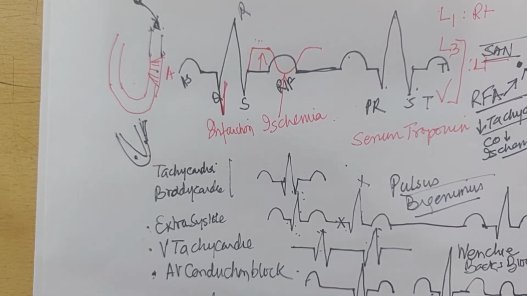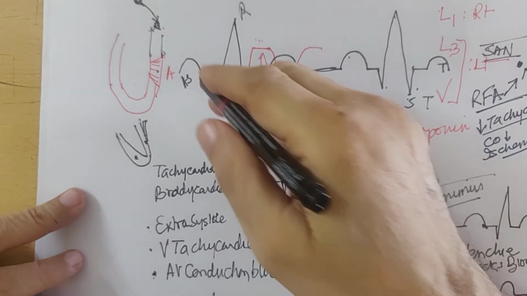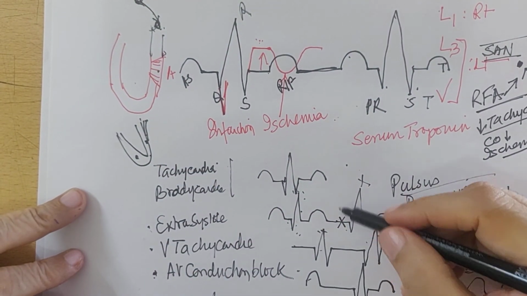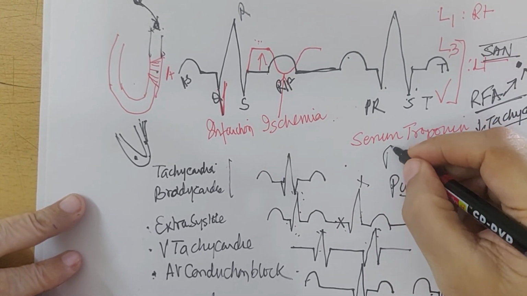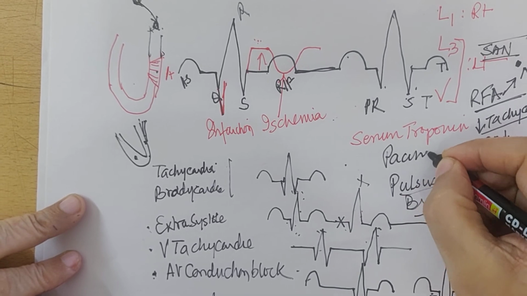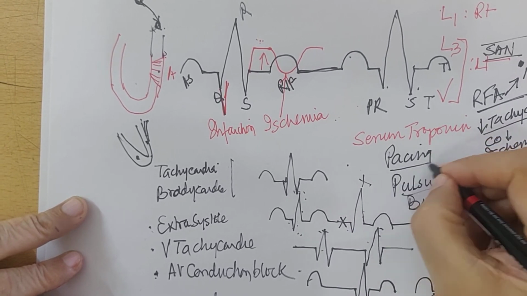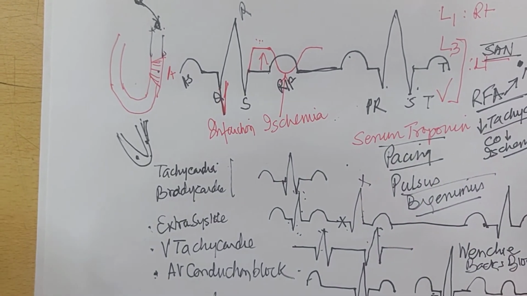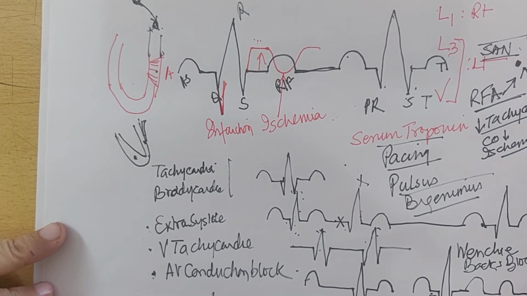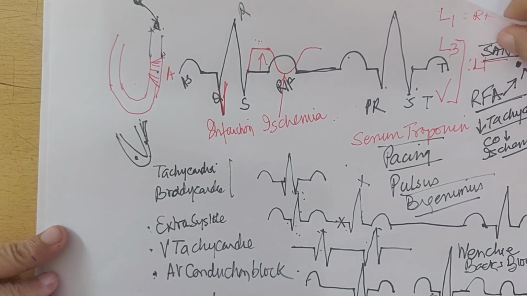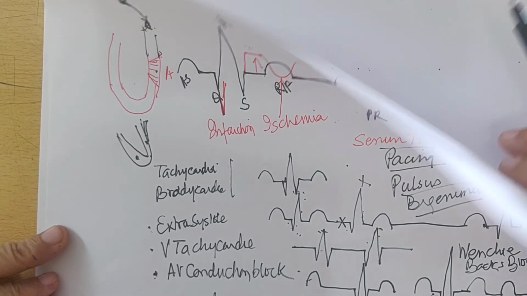So you may have to control tachycardia, and if there is no transmission and the ventricle has just come to a rest, then you may have to do what is called pacing, external or internal pacing. That means you have to provide a pacemaker like the sinoatrial node from inside or outside. So arrhythmias are a major problem when seeing patients of heart attack.